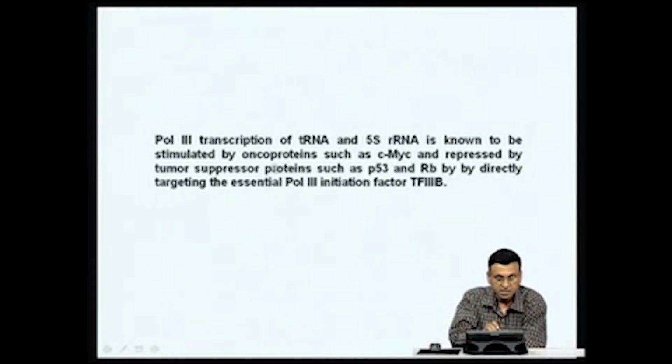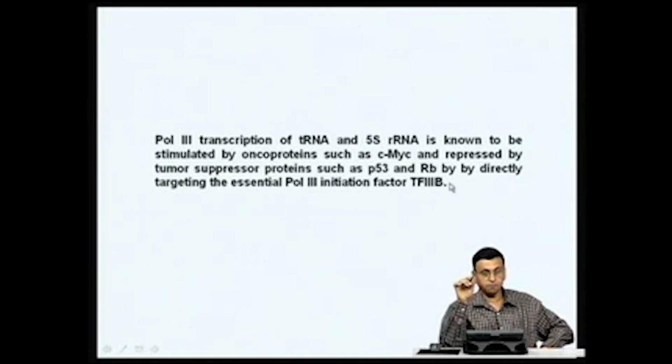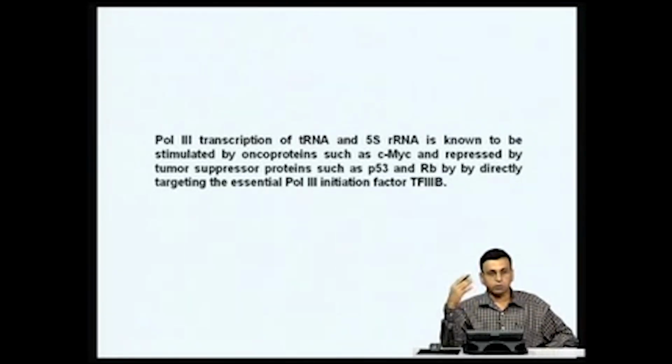So, the Pol III transcription of transfer RNA and 5S ribosomal RNA is known to be stimulated by oncoproteins such as c-MYC and repressed by tumor suppressor proteins such as p53 and Rb by directly targeting the essential Pol III transcription factor TF3B. Because if the cell has to become tumorigenic, the cancer cells have to keep on dividing, they want more and more transfer RNA to be made, they want more and more ribosomal